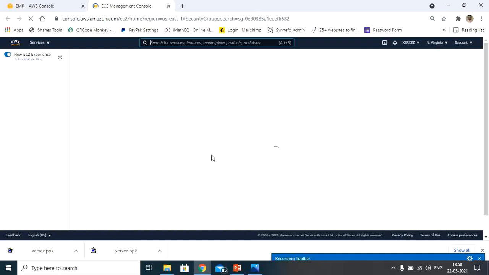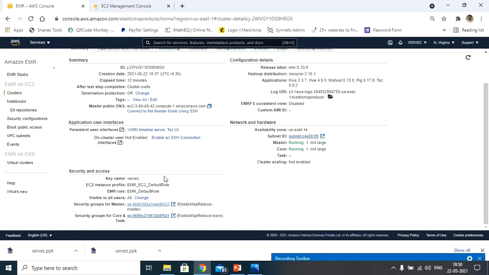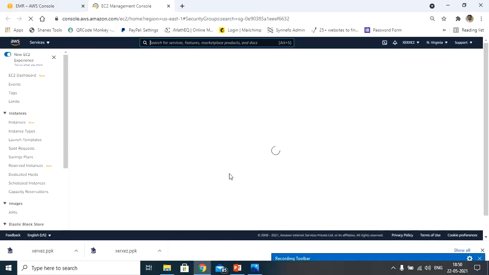Right click on that exact location, under the security group of master. Just right click on that. You will be taken to the security group of the master node here. You can check here whether that SSH port 22 is available or not. Once it is enabled, I can SSH through the PuTTY software to access the master node here.